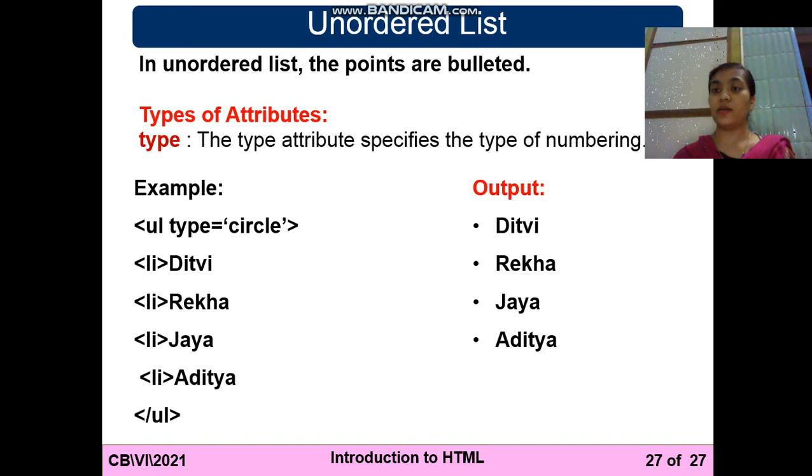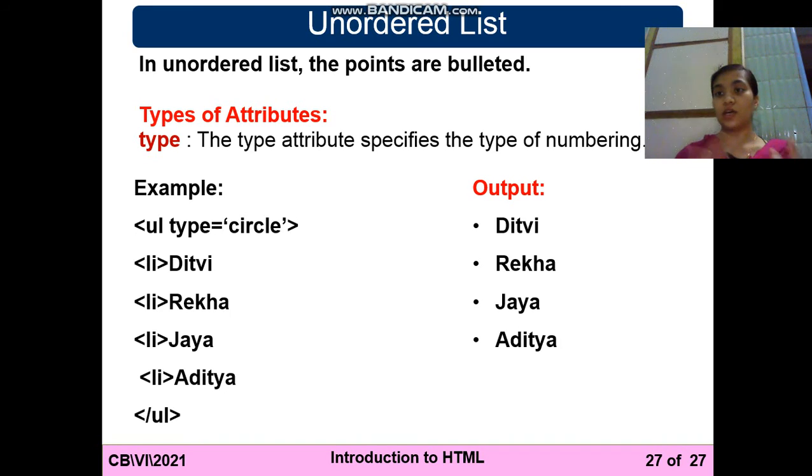Second is the start, means whenever you want to start your list, आप अपनी लिस्ट कहाँ से स्टार्ट करना चाहते हो, फर्स्ट नंबर से, थर्ड नंबर से, फिफ्थ नंबर से, that is your choice for your web page. Second, we learned the unordered list. Unordered means whenever you put bullets on the web page, that is called the unordered list. UL means the unordered list. Okay, so one attribute of UL is the type for changing the bullet type.